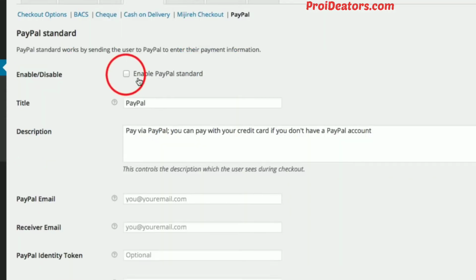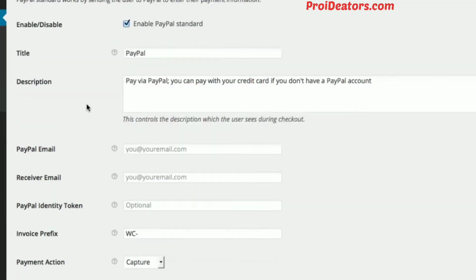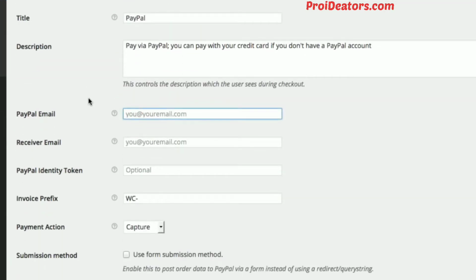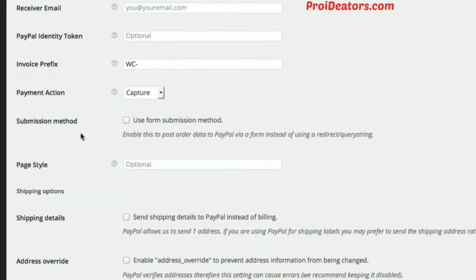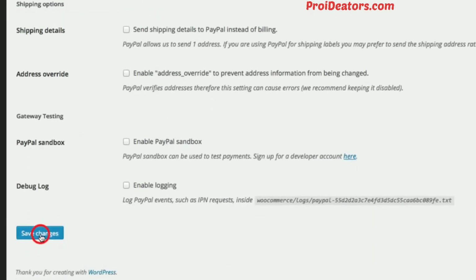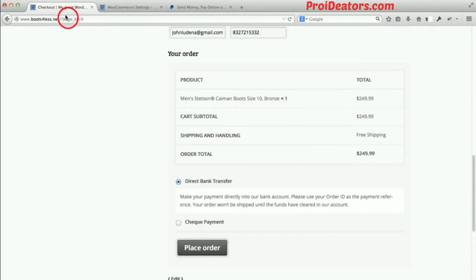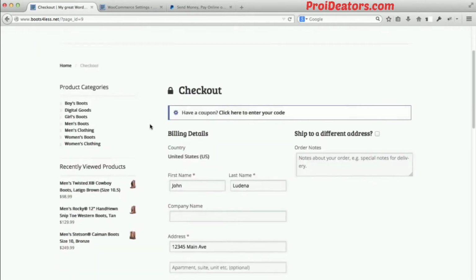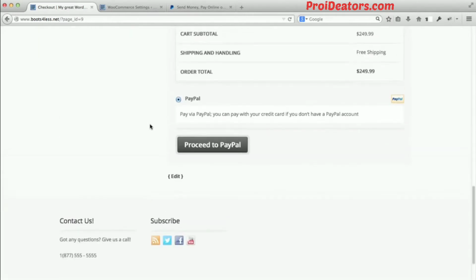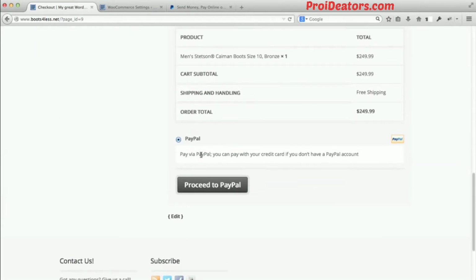Now I can go to the PayPal option. Then I can click enable PayPal Standard. And the only thing I need is under the PayPal email label. I just need to type in my email address that is associated with my PayPal account. And then of course don't forget to save changes at the bottom. And that's it. Now once I go back to my checkout page, I now have an option to check out with PayPal, right? So if I click proceed to PayPal, at this point